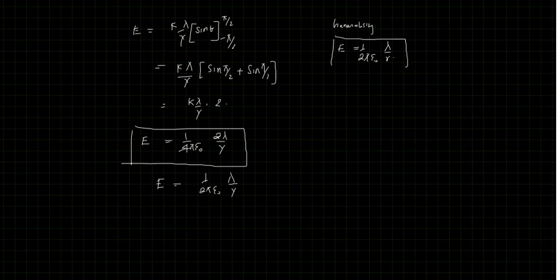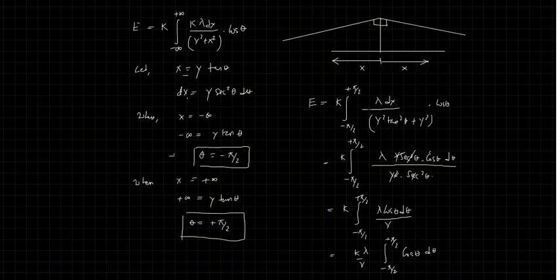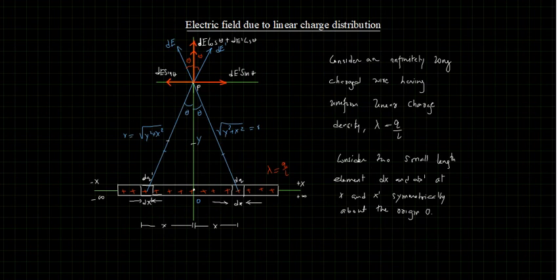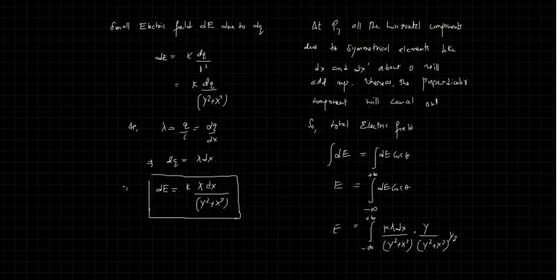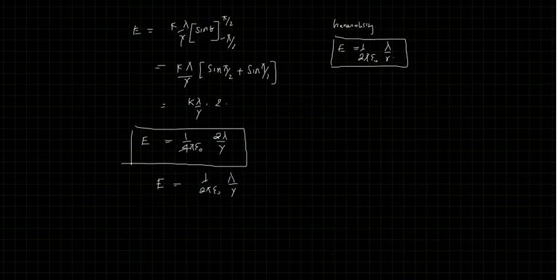This is the electric field due to an infinitely long charge wire. So you can clearly see from the expression, this electric field only depends on the charge distribution, and it depends on how far the point P is from this charge distribution. It does not depend on individual charges. So it just depends on what is the linear charge density present on the wire. If you know the linear charge density, you can easily find it.